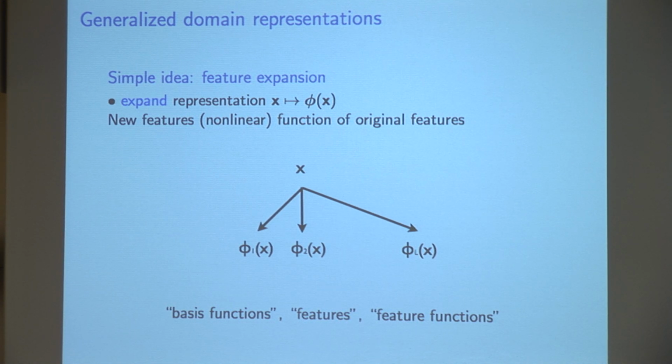Cheap trick number one is that if I really want nonlinear models to learn a map on the data, all I have to do is fix a basis. That is, I just have to choose some fixed set of basis functions, say call each one phi1 to phi l, where each basis function is some nonlinear function of the original data x, however that original data was revealed to you. Okay, all we have to do is take the data and expand it out into some feature representation.